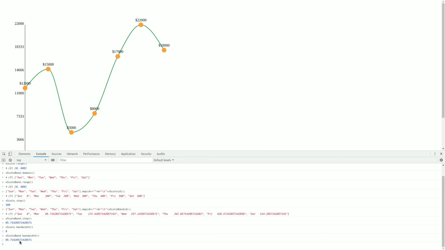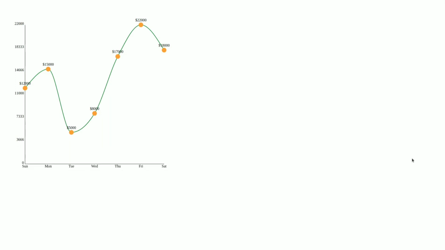And this is also another difference: for the scale band you can provide the inner padding and outer padding, but for the scale point you cannot provide the inner padding and outer padding. So this is about the scale point and scale band.